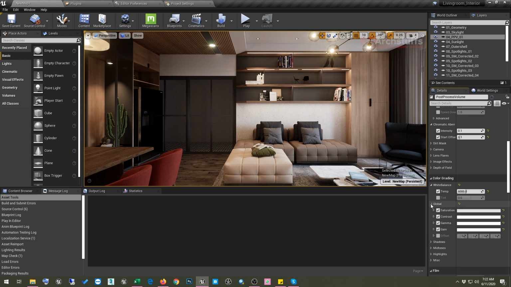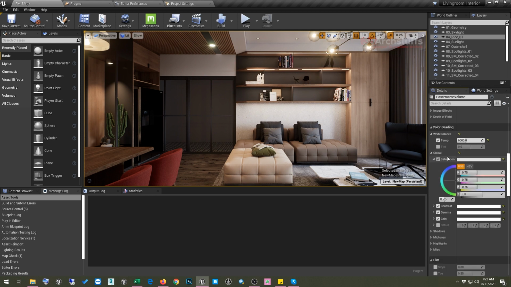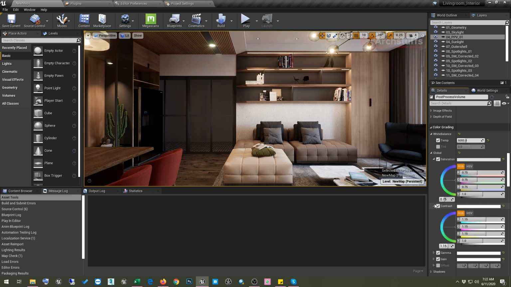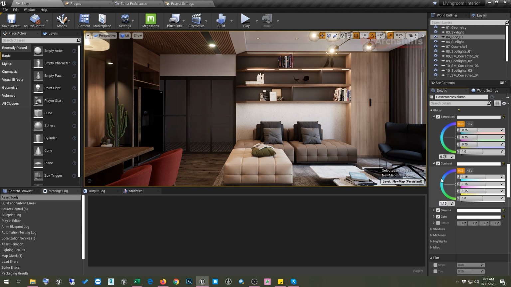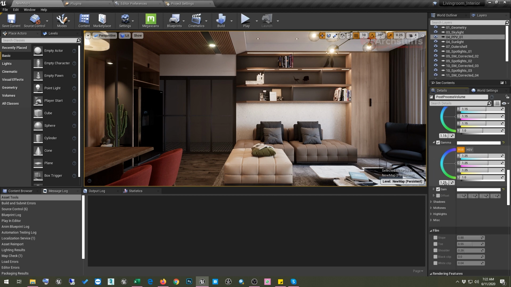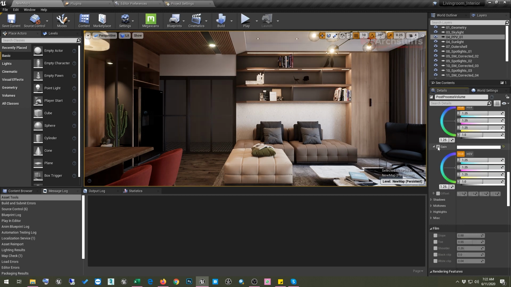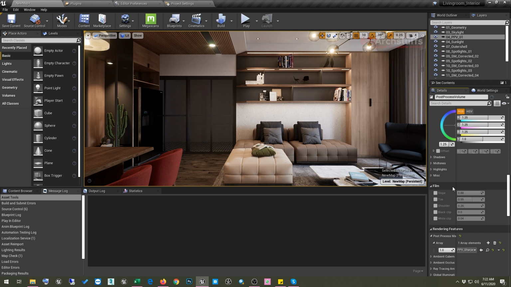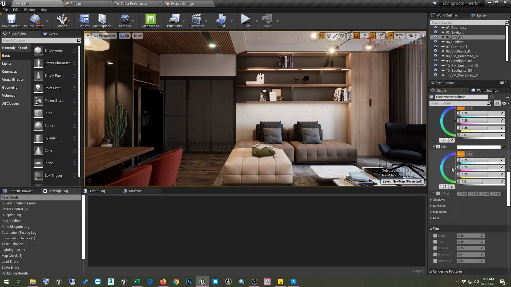When you go into global, you can see that I'm using a saturation of 0.75, and in contrast I'm using 1.15, and you can also see the difference. In gamma I am using 1.25, and you can see the difference it is making. And in gain, I'm just showing you all the settings in post process volume which I have already used to make this scene realistic and to finish the post processing of this scene.